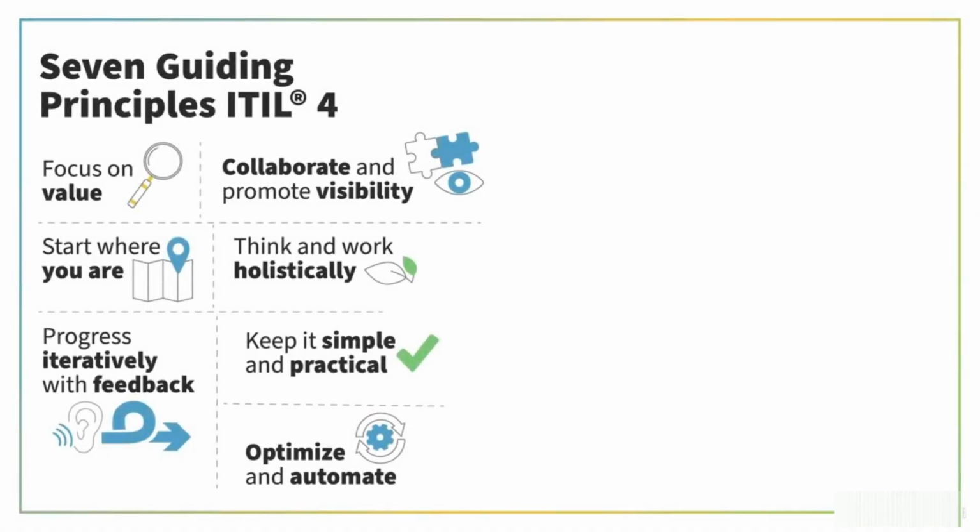Focus on value, start where you are, progress iteratively with feedback, collaborate and promote visibility. Think and work holistically. Keep it simple and practical, and optimize and automate. A guiding principle is a universal and enduring maxim that guides an organization across changing time and circumstances. You can think of each of them as a North Star guiding light that informs millions of daily decisions and